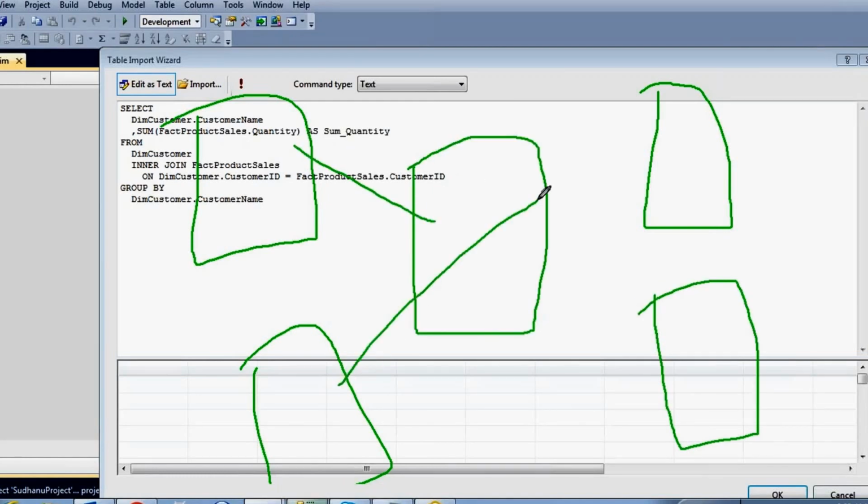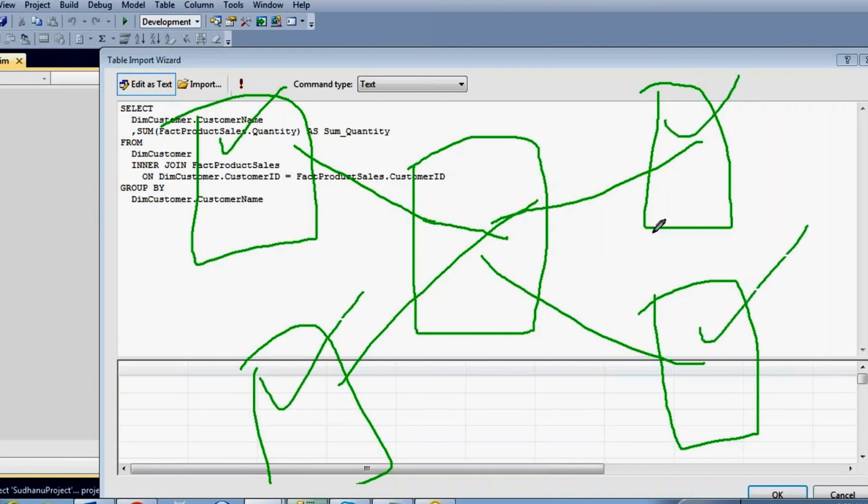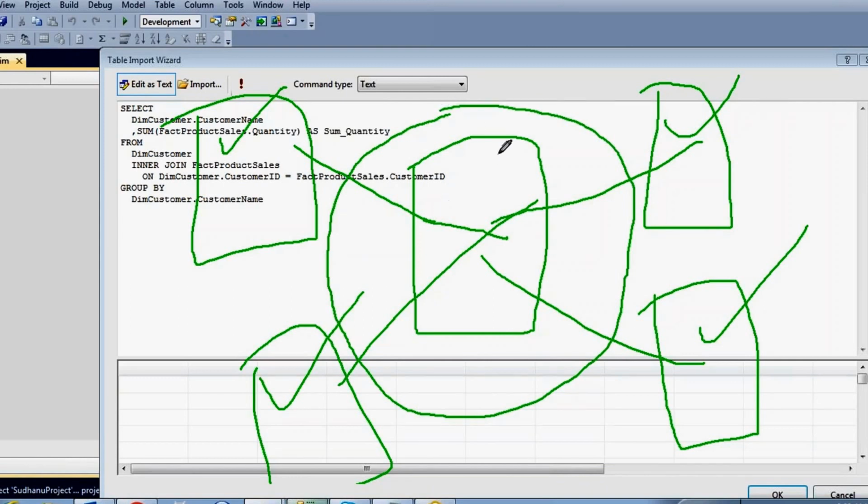This is one dimension, this is customer, product, date, or whatever. Then we are going to make the relationships of this fact table with all the dimension tables. This kind of schema, where the dimension tables are directly related to the fact table, we call a star schema. If you have the relationships of all the dimension tables directly with your fact table, we call that schema a star schema.